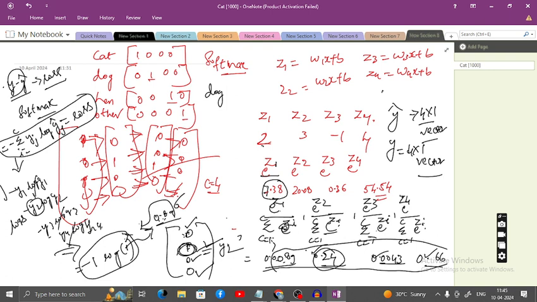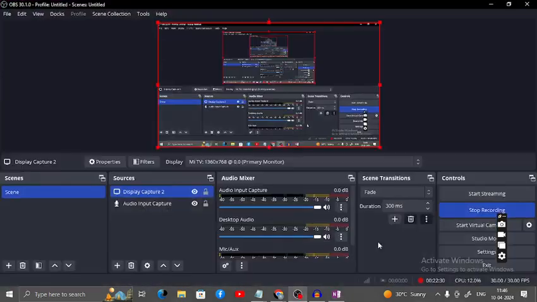Softmax is for multi-classification. You can use the softmax function for binary classification also, not just sigmoid. So this is regarding the activation function today. I think you understood the theory behind